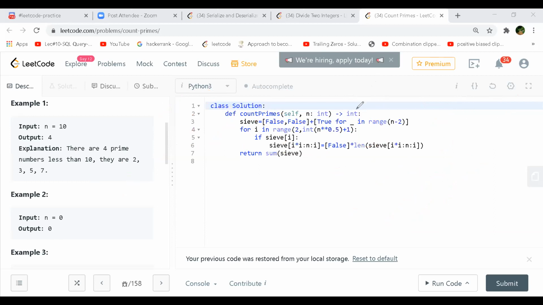Square root is much better and more optimized, correct? Yeah, with n by 2 you're still doing some redundant things, but square root will reduce that part.